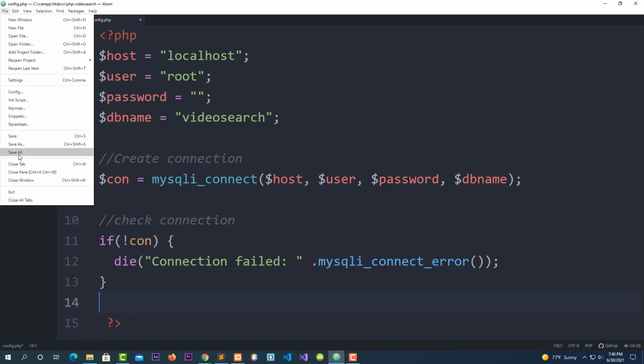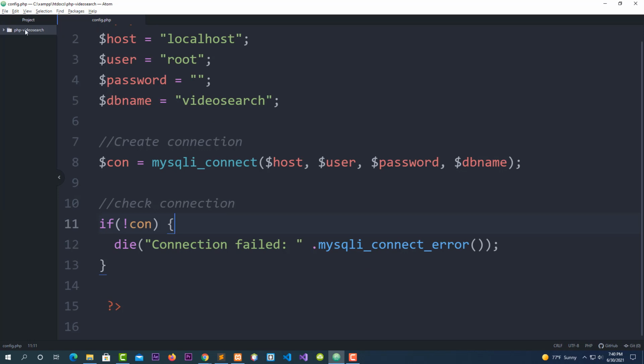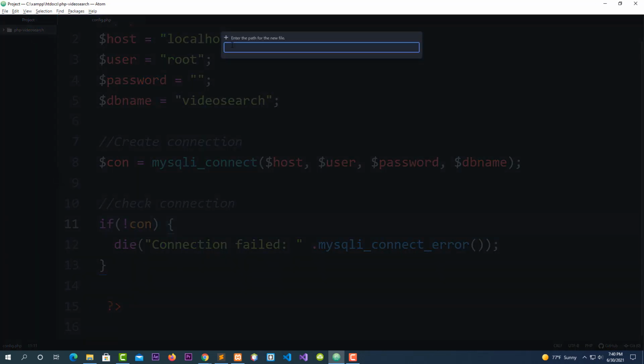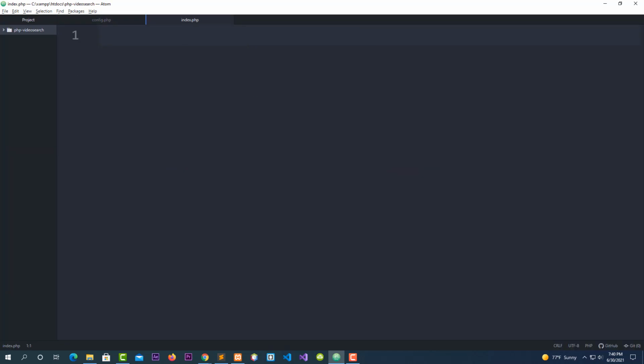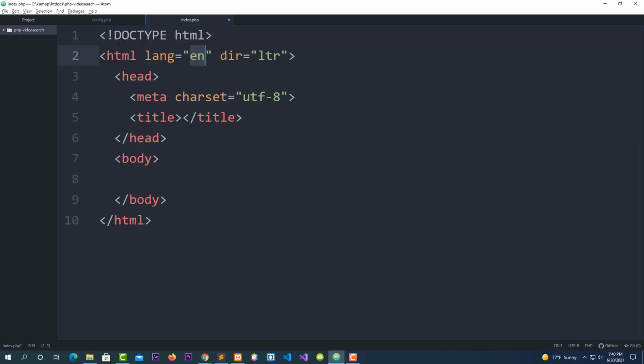Go to File, Save All, and go to your main folder. Right click and create index.php. Okay, and this is where we're going to pass my HTML. And for the title, I'm going to call it search bar page. And inside of the body,